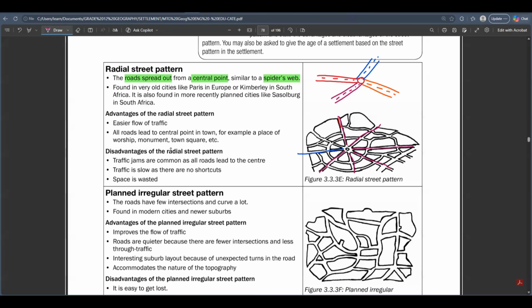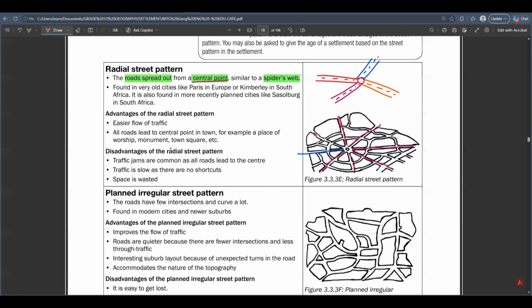So usually the central point that they are going towards is a CBD, because I told you guys that the CBD is the Central Business District. This is where you need to apply it very carefully, especially when answering questions, right? So here, the roads are spreading out from a central point. You ask yourself, why would the roads all go towards one point? Like, what's special about that point where all the roads are leading to? You often hear them saying, all roads lead to Jerusalem or something like that. But why would all the roads be leading to only one point in the entire street pattern? Like, why are all roads going to one point? What's special about that point?